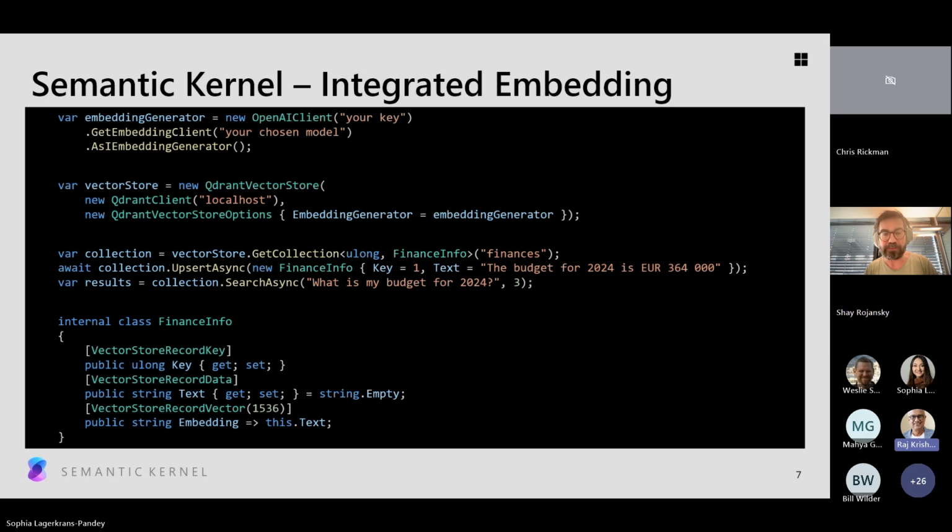Is there any capability to do chunking of the text? Do we have in Semantic Kernel any tools to chunk the text when the context window is larger, or do we have to do that manually? Yeah. Right. Go ahead, Wesley. Yeah, we don't really have much by the way of chunking tools at the moment. I can definitely recommend having a look at some of the chunking tools that are in Kernel Memory, and maybe grabbing some of those. But in Semantic Kernel, we don't really have much by the way of that.